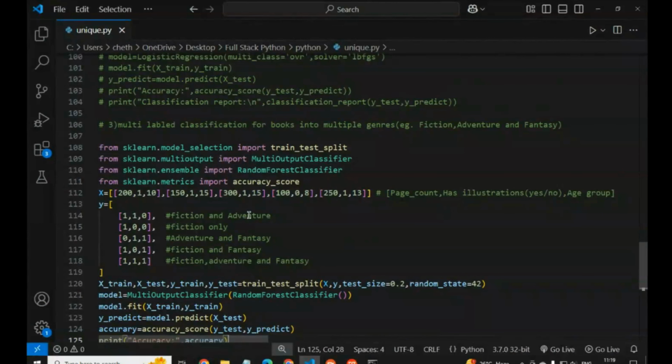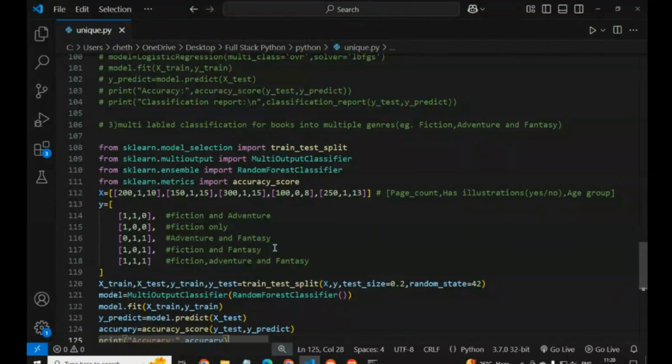So, the explanation of multi-label classification: here we are using the random forest, with the multi-output classifier. In scikit-learn there is a multi-output classifier.